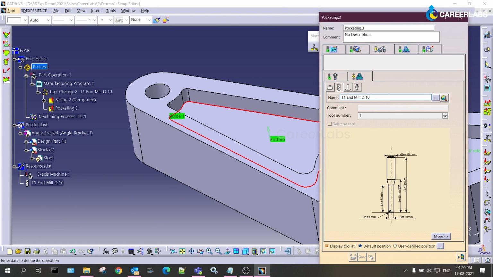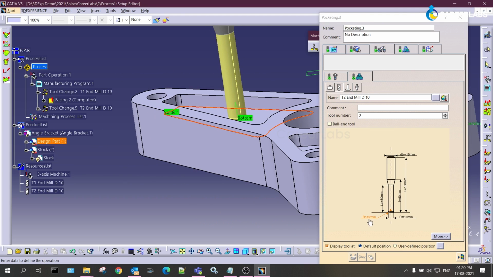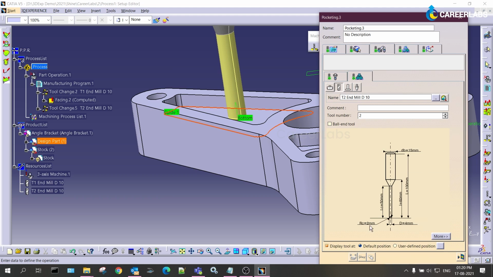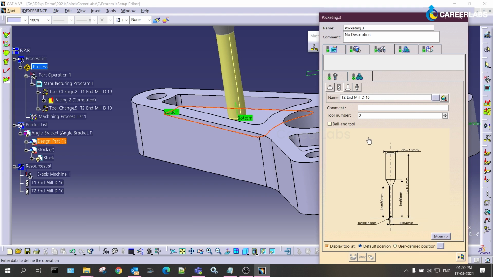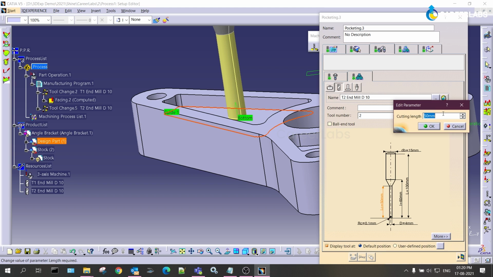So I need to change the tool here, with diameter of 4 mm and with a small corner radius of 0.1 mm, and I can customize my own tool length as per the requirement or as per the availability in the manufacturing plant.